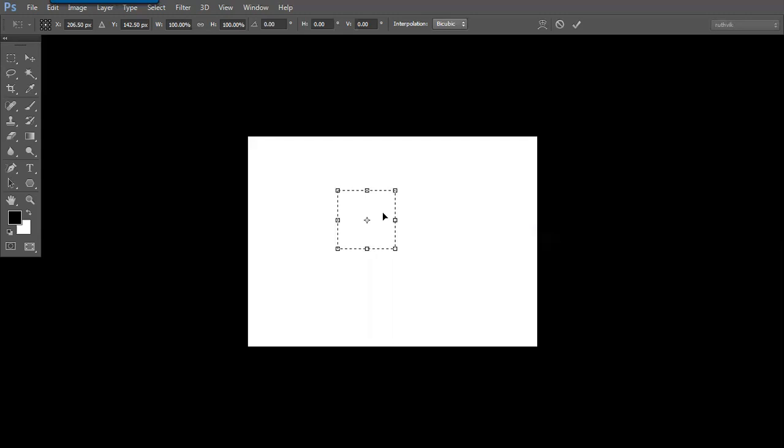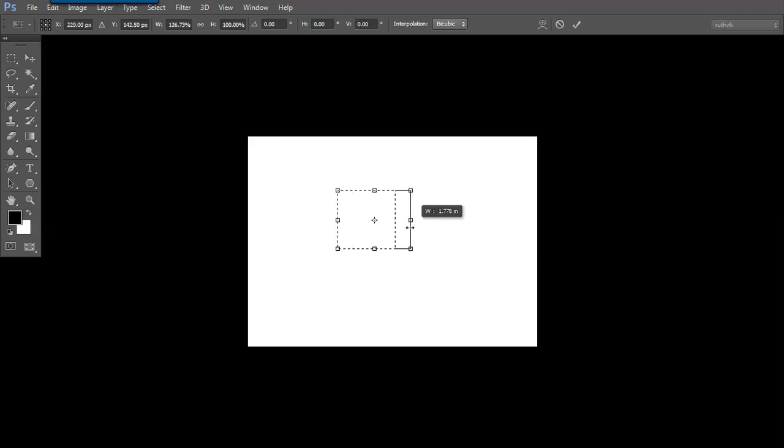What is the topic going on? Transform tips and tricks. Eight types of scaling can be done. Skewing can be done. Let us see how. Tips and tricks number 1. If the cursor is on any particular side, it gives a horizontal or vertical symbol. But when it shows a diagonal symbol on any corner, it will expand the width and height together. Except for the corners, any other side will only have horizontal and vertical scaling. Then it is one side scaling.